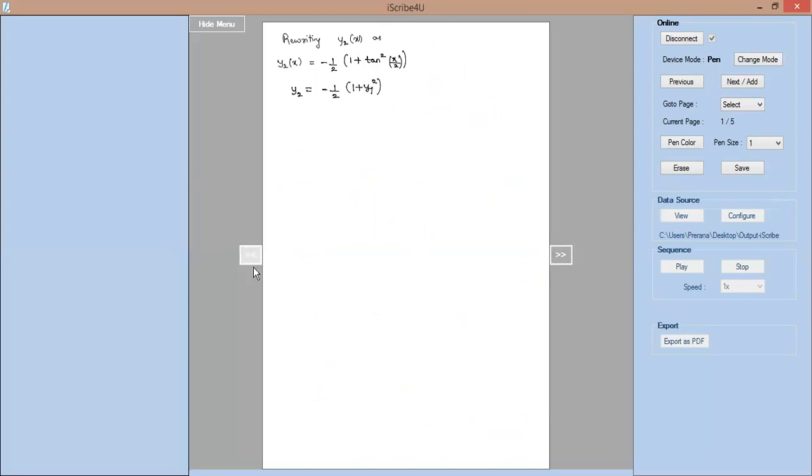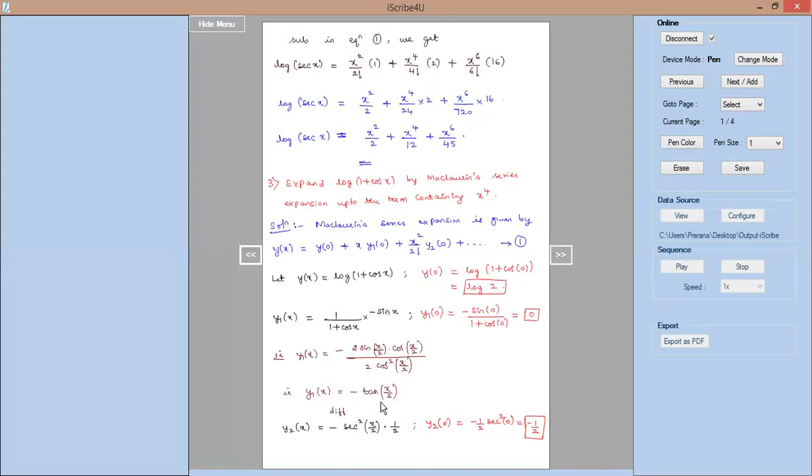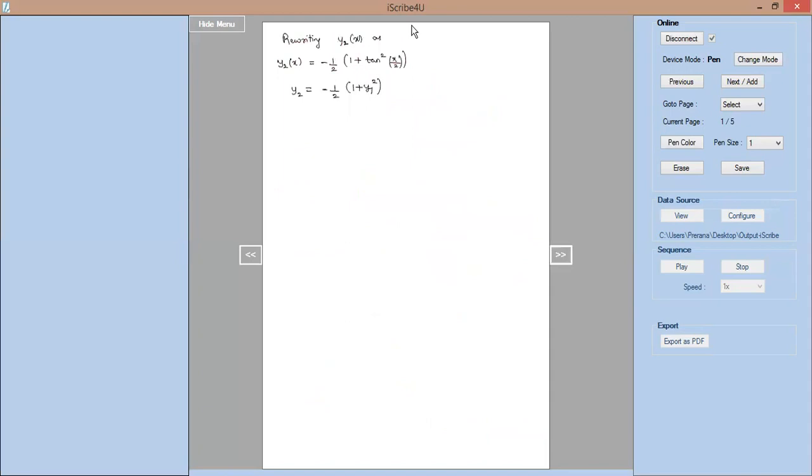Just check back the function y1. So y1 is nothing but minus tan x by 2. When you square this on both sides, y1 square will be positive tan square. So we had positive tan square, which can be written as y1 square. And again for convenience, I'll cross multiply 2 to the other side. So we have 2y2 is equal to minus of 1 plus y1 square. So this is the expression which I would like to differentiate further to obtain y3 and y4.